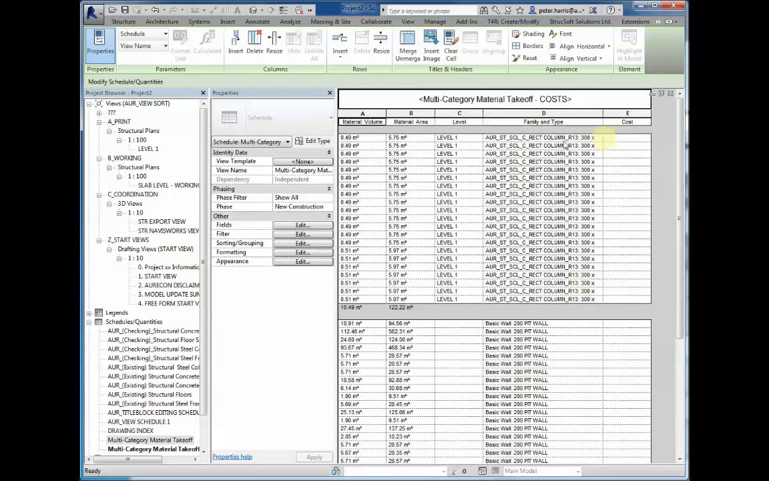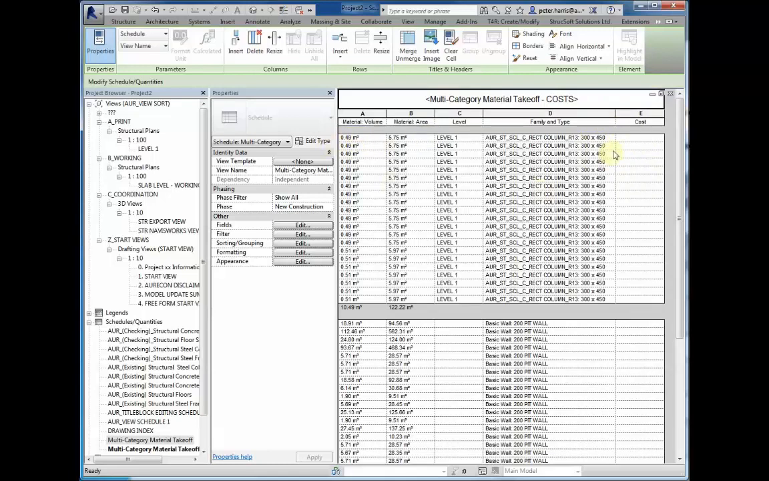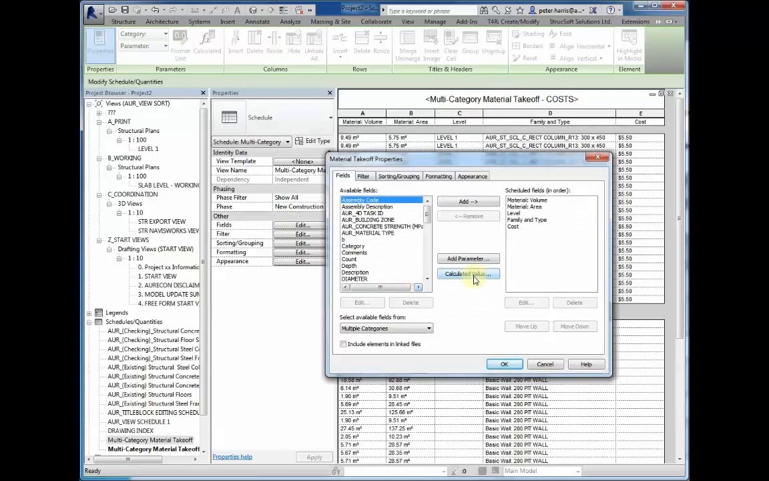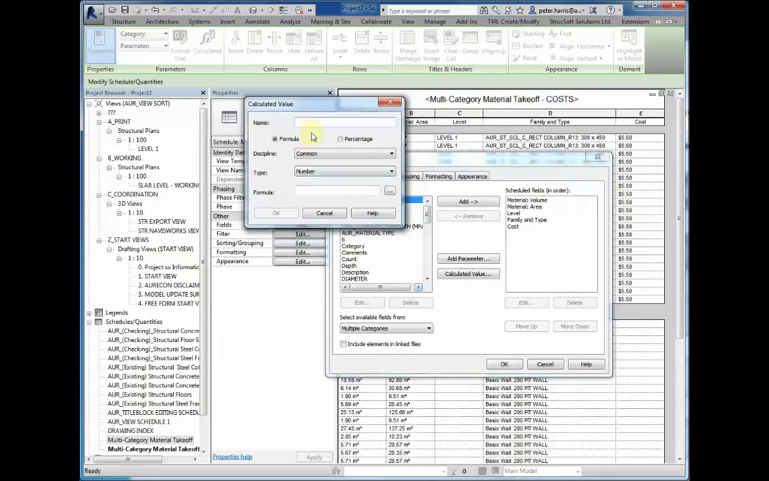We also want to add a new calculated cell, which will be material cost, because this will be cost per unit. For example, the cost per unit or per cubic meter for the columns might be, as an example, $5.50. And yes. So now if we go back to fields and go to calculate value, we'll call this cost per column,